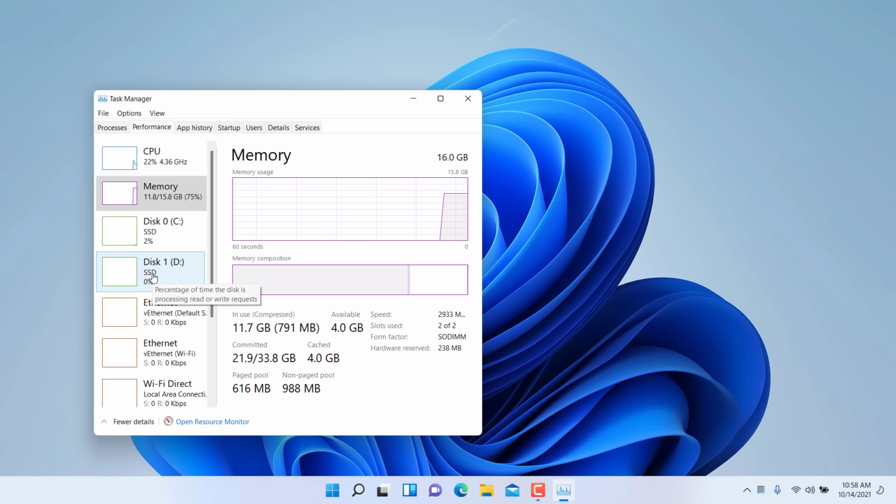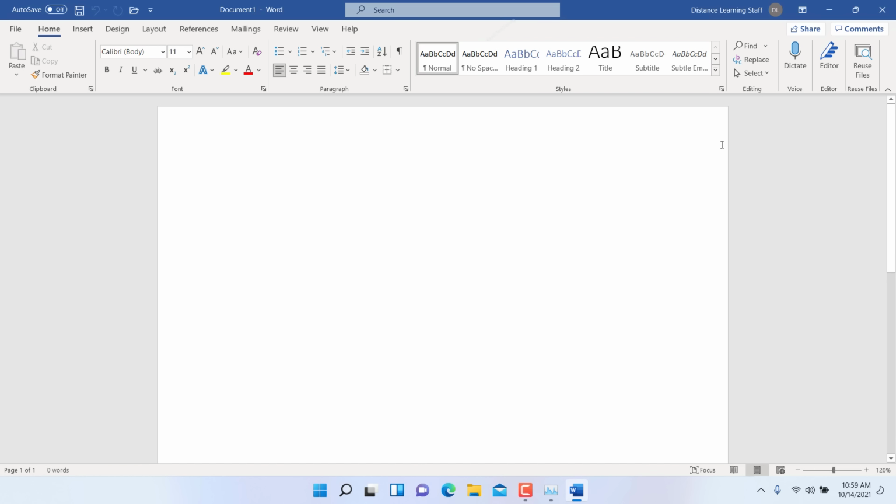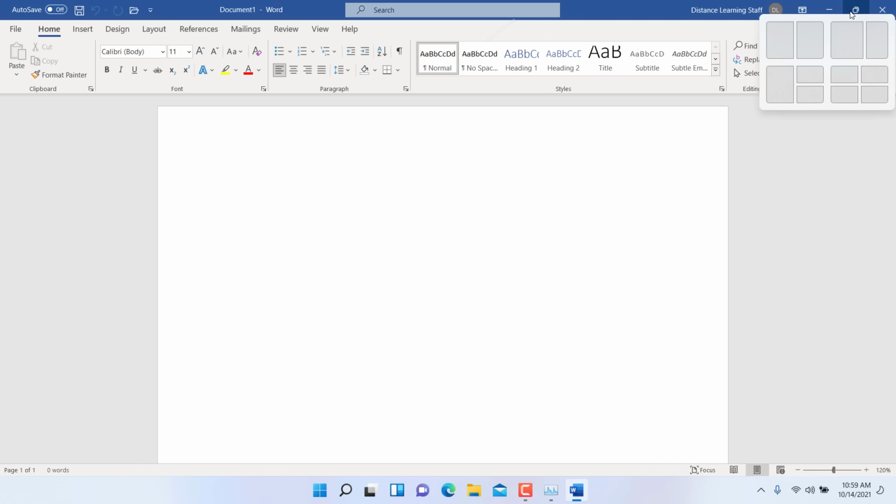There are also some behind-the-scenes features and enhancements to the operating system, such as better memory management of the applications by the operating system. Obviously, this will happen behind the scenes. With the emergence of the larger monitors and so on, now Windows allows you to resize a window by simply holding the mouse on the maximize button here for any of the applications, and you can choose a particular layout